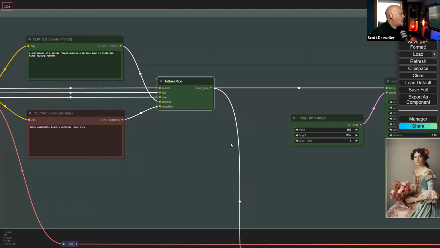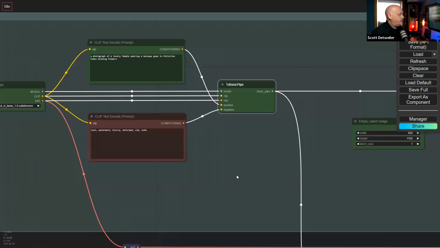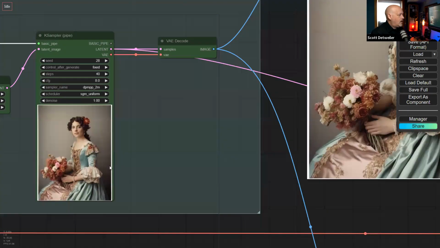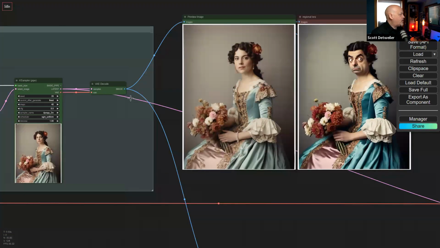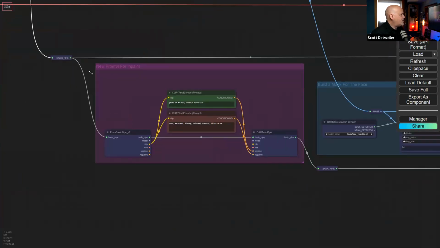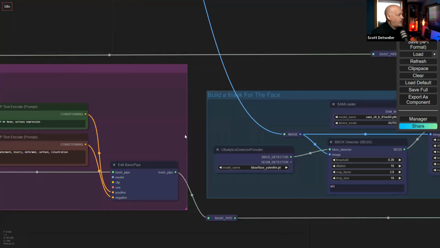So if we go back to this one, just look at my example here. I'm putting it through a K sampler, and then I'm taking whatever that image is here, and you can see a branch, and it goes down here. Now down here, I'm doing something else. I'm actually intercepting that and adding another prompt. So I'm injecting another prompt into this. I'm basically replacing the existing prompt.